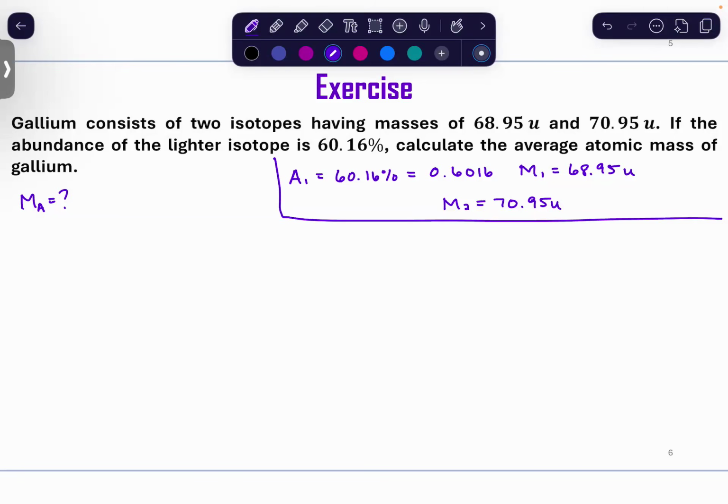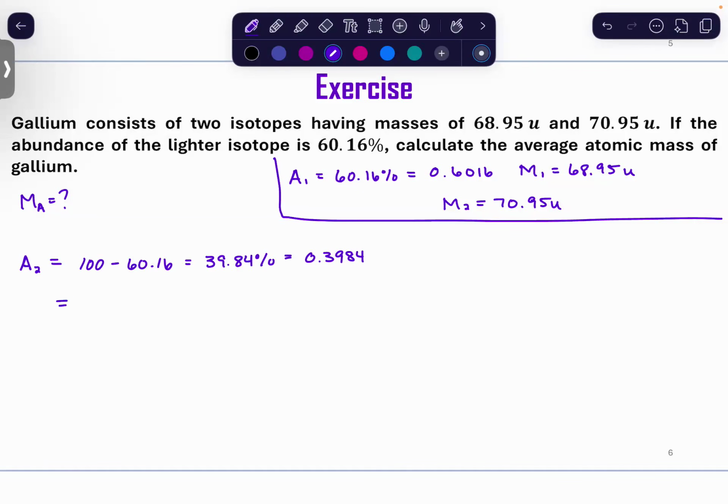So to find the second abundance, we could do this two ways. We could do 100 minus 60.16, and we would get about 39.84%, or 0.3984. You can do it that way,